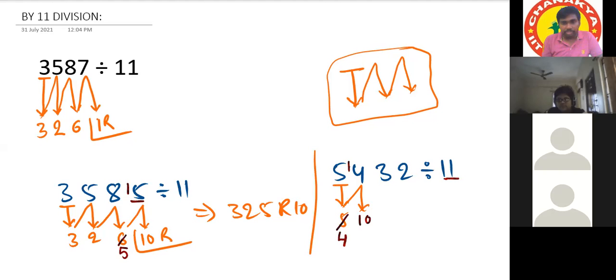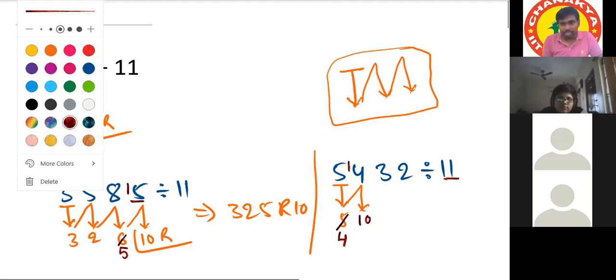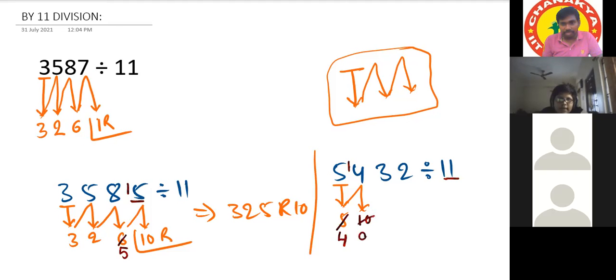Okay, next. Can you subtract 10 from 3? No, sir. No means we have to reduce 10 by 1. It will become 9 and it will become 13. So can you subtract 9 from 13? Yes, sir. How much is it? 4. Okay. Again, can you subtract 4 from 2?